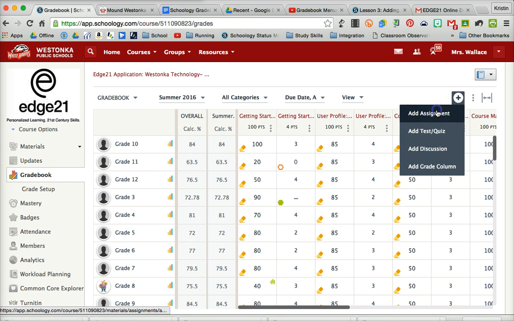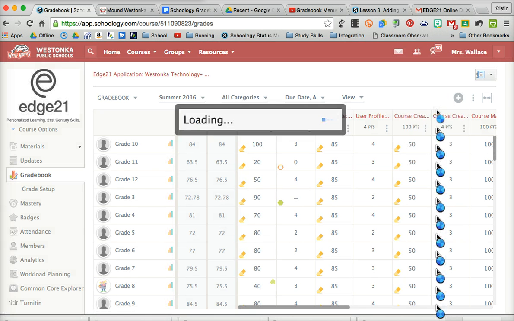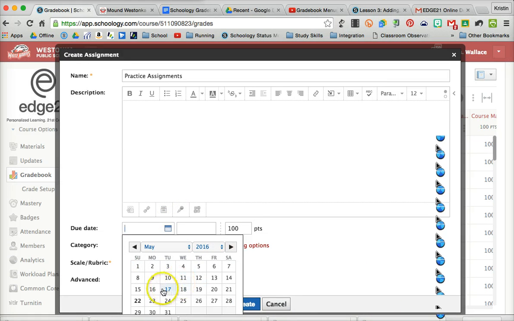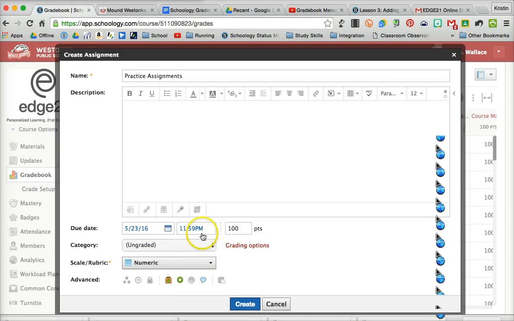If I add an assignment here, I'm going to make it the same way that I would add it if I added it in my course. However, when I add it here, it will not go into a folder. So it'll be on the outside of my folder structure, and that's going to make for a disorganized course. So best practice is to go ahead and add that in your gradebook in another place,